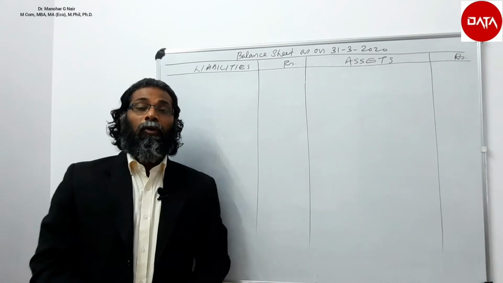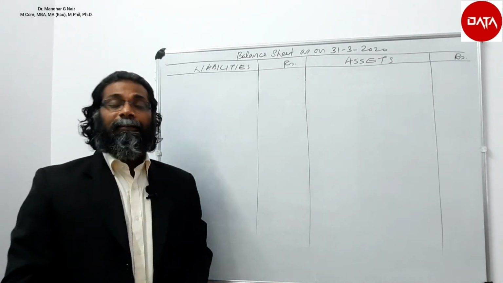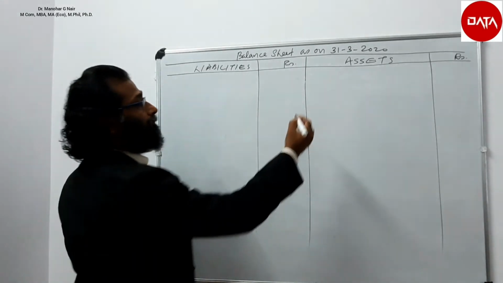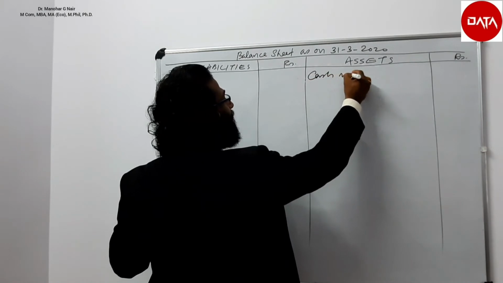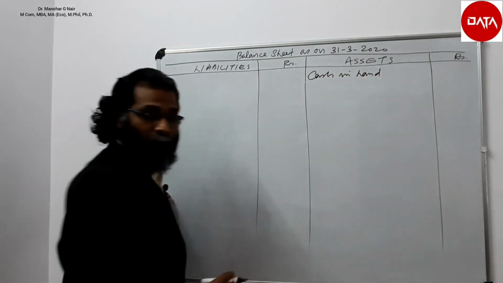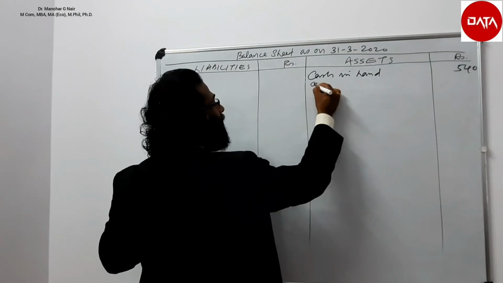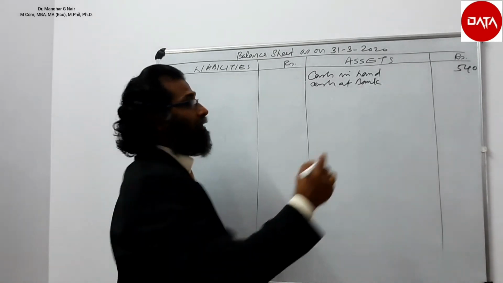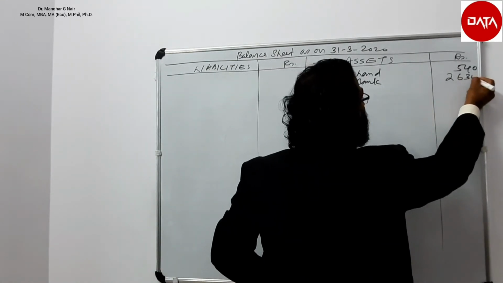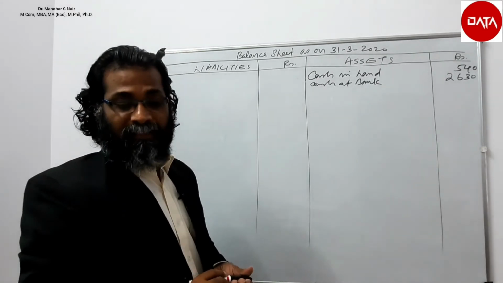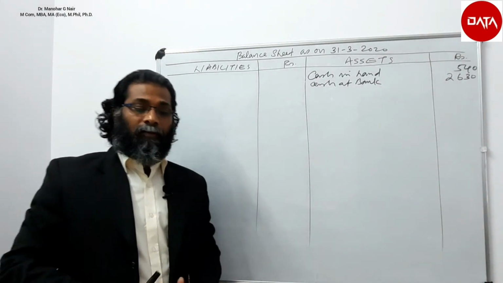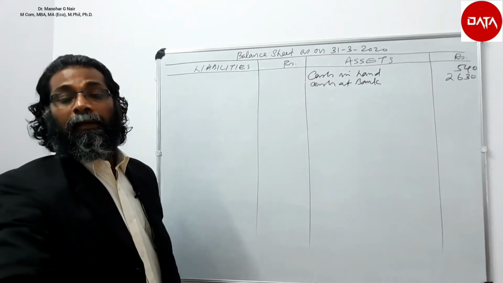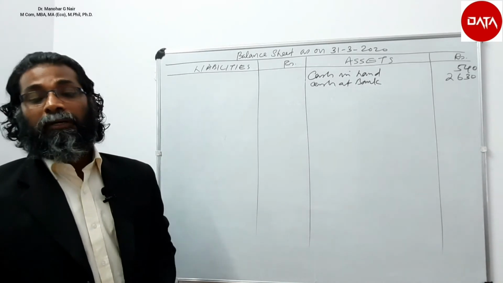So let us go through this question and see the trial balance, and the first item given is cash in hand. So let us start with the cash in hand. Cash in hand is an asset, amount 540. Cash at bank, amount 2,630. Then purchases, sales, return inwards, return outwards, wages, fuel and power, carriage on sales, then carriage on purchases, stock,